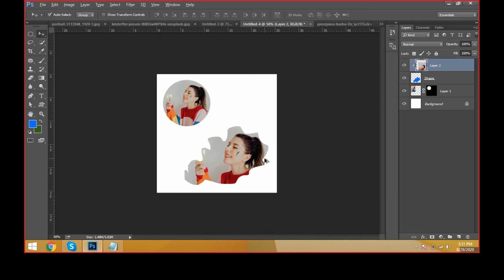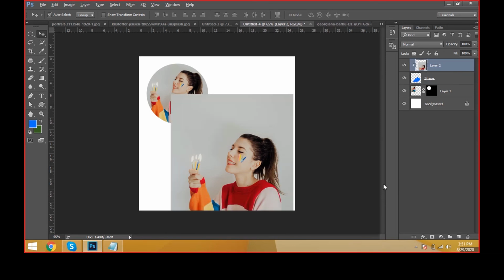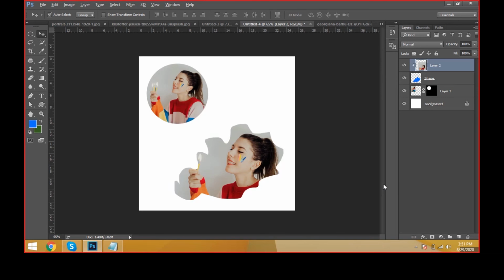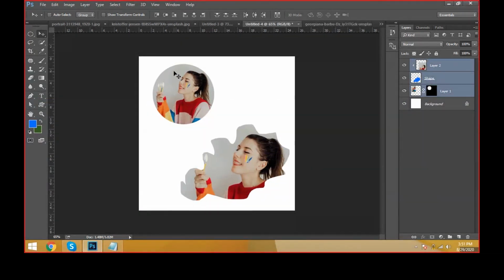Automatically we can see the clipping of the image. It will automatically clip into the shape layer. Again I have to release, Control Alt G on the keyboard. I can keep the clipping with Control Alt G, and again I can release it with Control Alt G. I can make a mask, Control Alt G. I can release the mask, Control Alt G. This is the masking shortcut of the clipping mask. Like this we can insert an image into any shape or any object. This is called masking concepts.